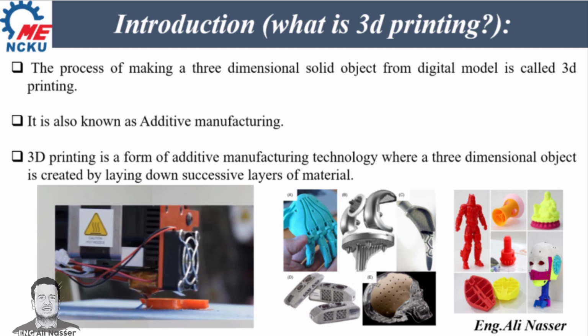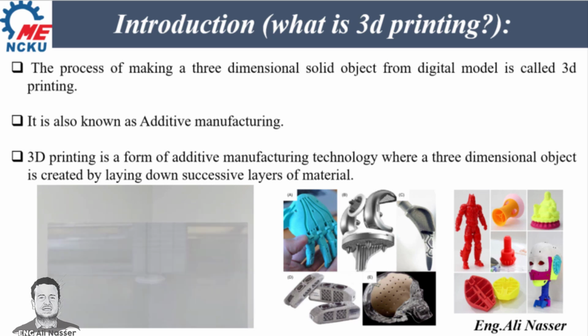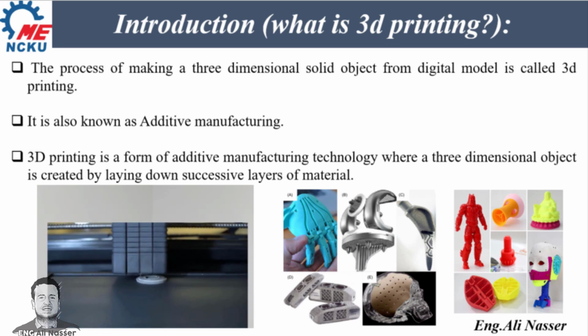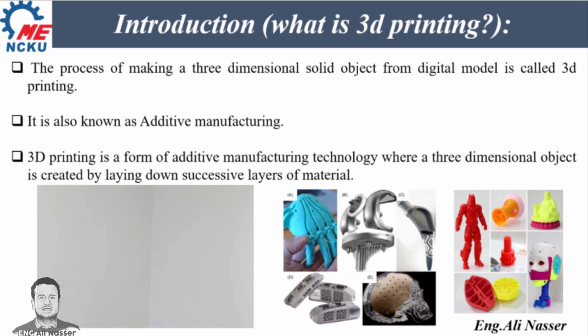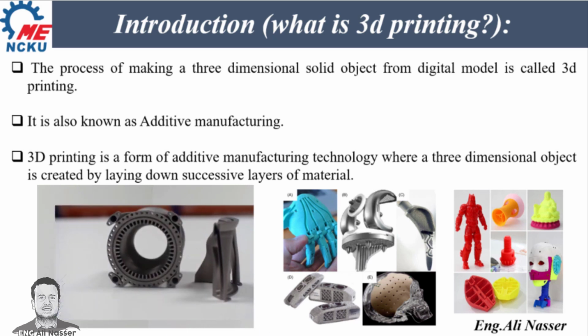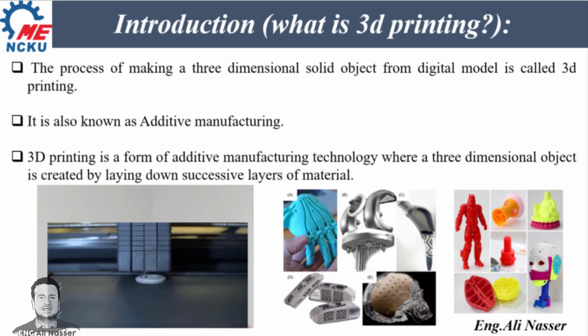Let me give you an introduction about 3D printing. What is 3D printing? 3D printing is a process of making a three-dimensional solid object from a digital model, which we call 3D printing. Also, it may be known as additive manufacturing. The basic concept of 3D printing is using additive technology, where a three-dimensional object is created by laying down successive